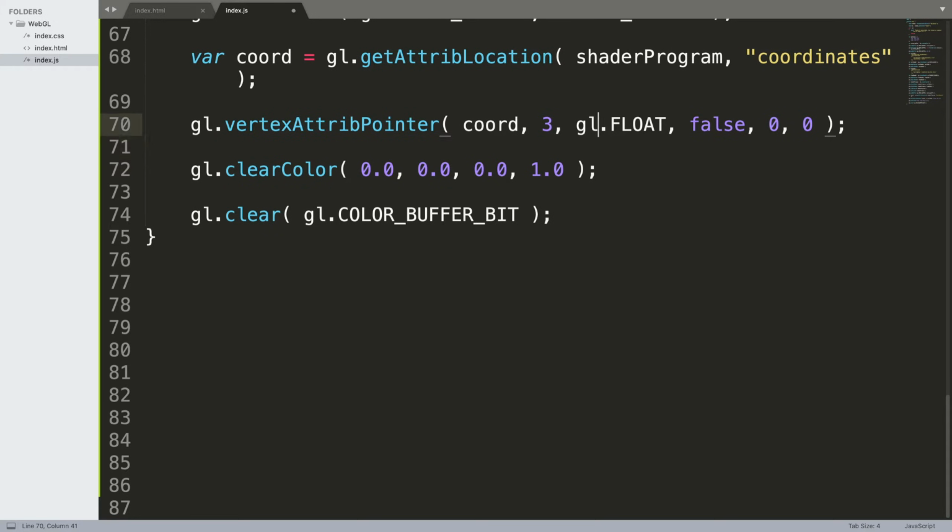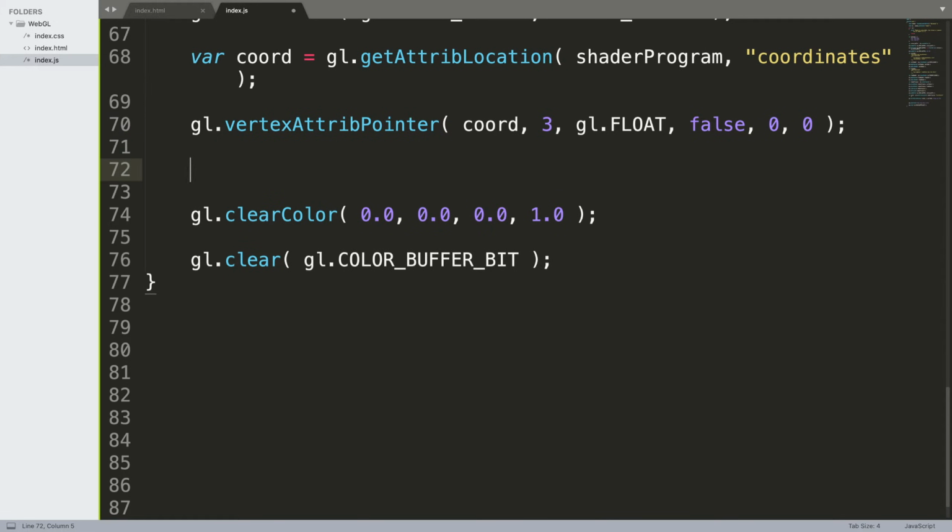We just need to enable this attribute, and then we need to actually just draw it. So we do gl.enable vertex